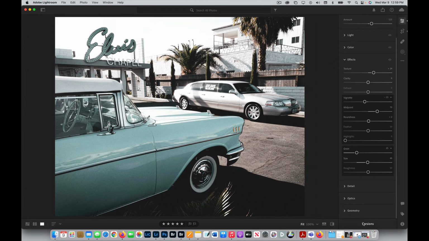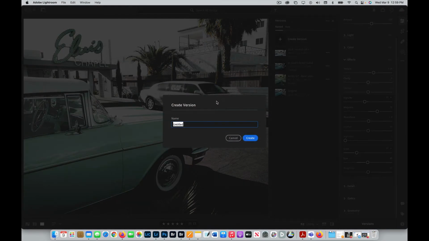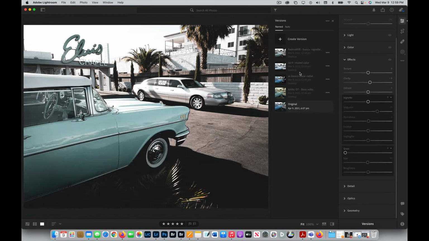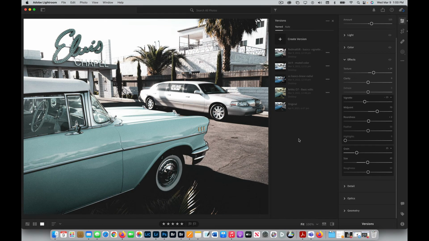So now I'm going to come over here to where it says versions, and I'm going to click on that, and I'm going to create a new version. And I'm going to call it red matte lift. So I know what preset I used. I'm going to say I used the basics panel, and I did a vignette and some grain. I think that's everything I did. If I think of something in a minute that I missed, what can I do? I can go back and I can rename it. So I just hit create. Now I have 1, 2, 3, 4 edits right here